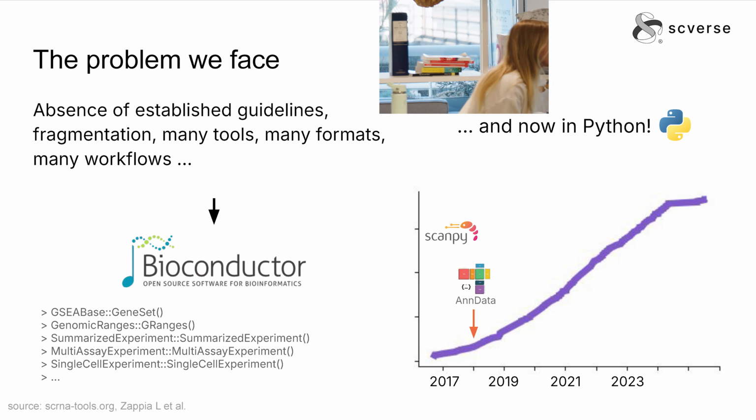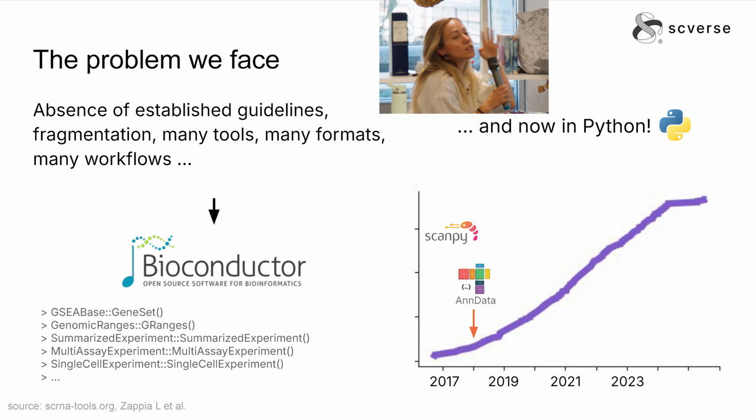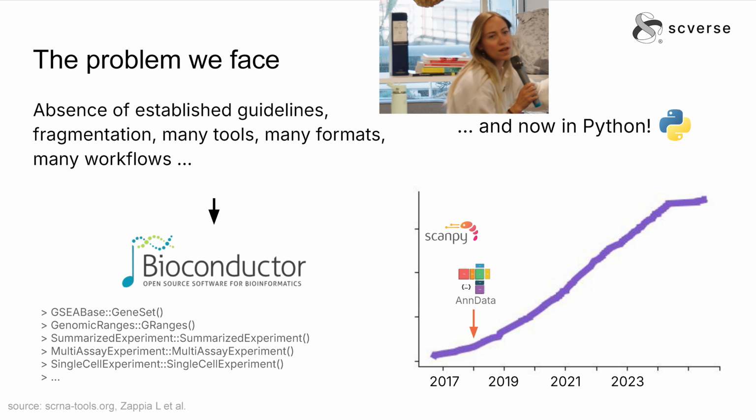Basically, what was in the space, I'm trying to move briefly from that because it's history, that's very interesting. In the space was Bioconductor, right? Most of the omics data history was already in R. Statistics were there, and actually our story comes from there. We copy a lot of information from them. They were pioneers. They have SummarizedExperiment, MultiAssayExperiment, SingleCellExperiment. Because the space was kind of fragmented, this starts showing the way of how we gather the community, how we gather the tools, and how we take advantage of this data.